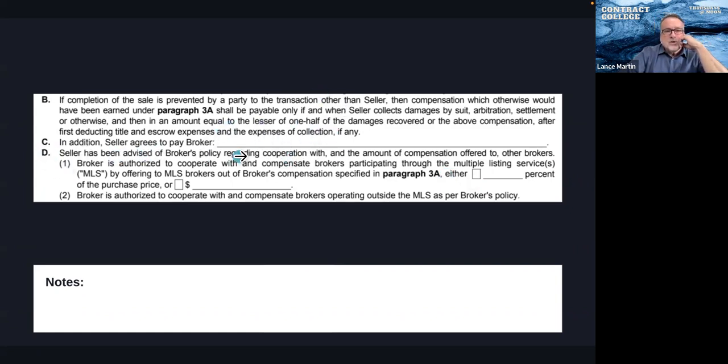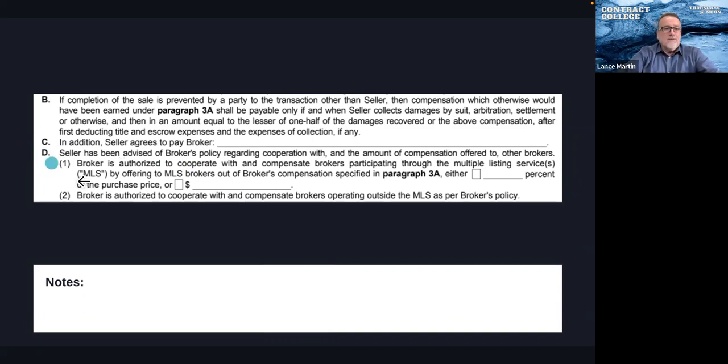In addition, the seller agrees to pay broker. This again, generally is going to be blank. Try not to be creative, but again, I could put, hey, you're going to give me a $5,000 commission and the go-kart. Okay, so be careful with that. Seller has been advised the broker's policy regarding cooperation. What that means is it goes in the MLS. We're going to cooperate with the other brokers throughout the world, more than likely throughout our area,